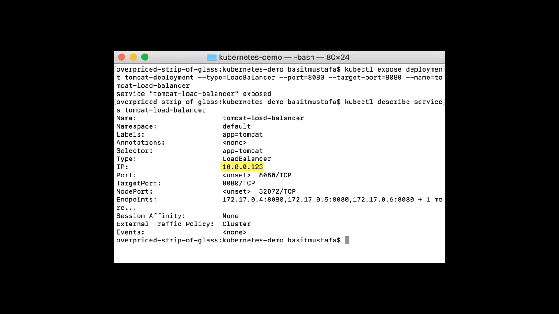Since we're running on Minikube, this will be an IP that we probably can't access. When running on a production cluster, it will be available as an external IP from whatever APIs your cloud provider may provide. For now, let's not worry about how we access the load balancer. We'll get into that when we talk about the DNS system and how names and network addresses are resolved in your Kubernetes cluster. For now, simply be confident that the load balancer was properly created, and since we're running on a mini